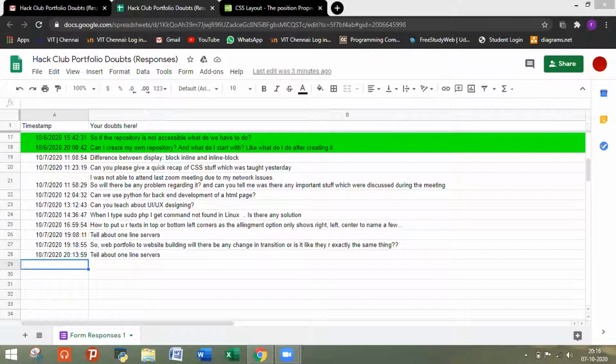It's a request to anyone who is solving the doubts: kindly mention the name of the students, as we are getting a row of doubts. For example, Nikhil has cleared a doubt over here, and that belongs to Prashant. I hope Prashant, you got the answer. So I just request the people who are answering the doubts to kindly mention the name of the student that you are referring to.